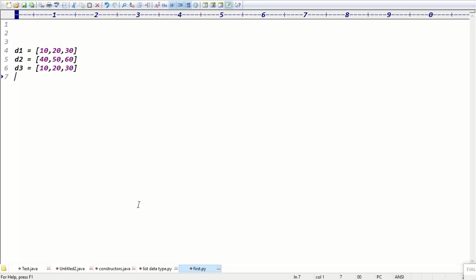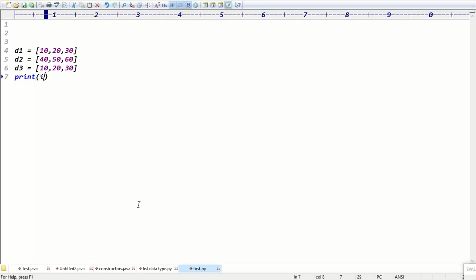If it is immutable data, future modifications are not allowed, so it can point to the same memory, not a problem. But this list is mutable. Mutable means in future you can do modifications. That's why d1 is pointing to different values and d3 is pointing to different values, right?